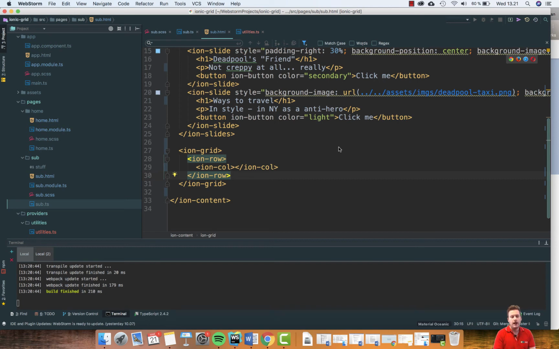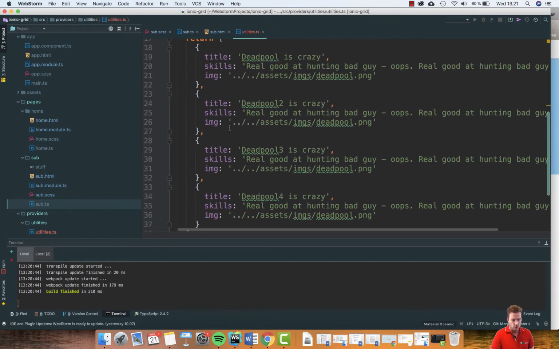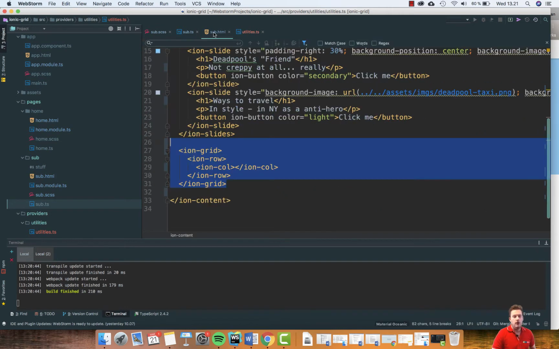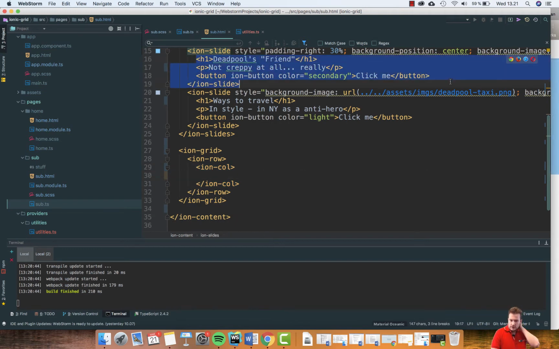Okay, we're gonna start adding the content for these rows, this grid down here, by using the utility. So we're going to be adding these 4 Deadpool boxes, or whatever you want to call them, and we're going to be using the columns here. They're gonna use these, but we're going to be using them in another way, kind of similar to this, but we're going to have all these things being printed out for each item